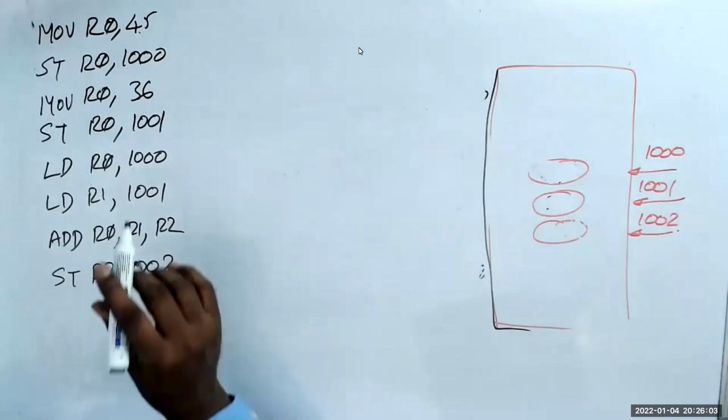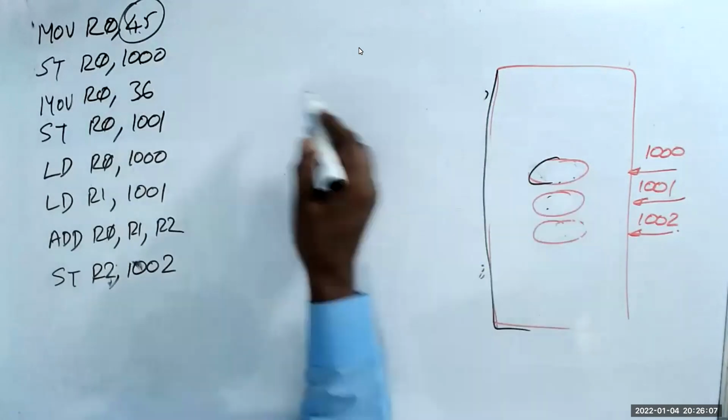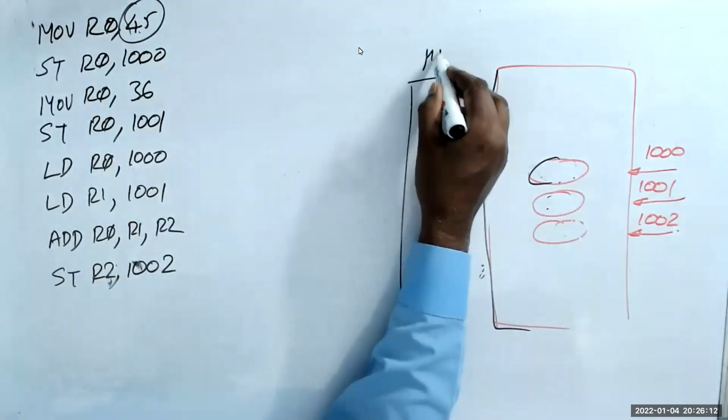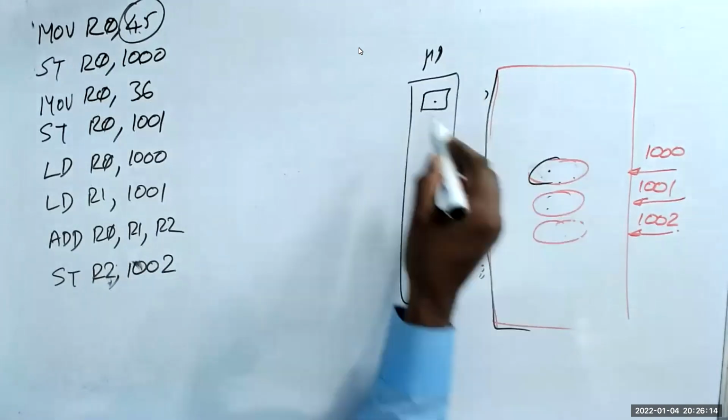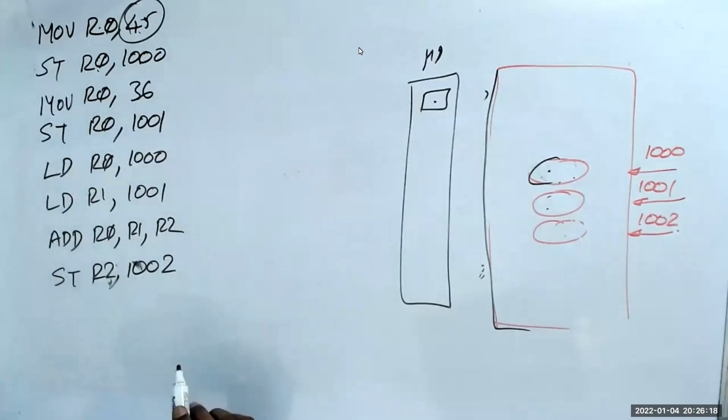I wanted to store the number 45 at 1000. I told you I cannot store. The microprocessor can move only from register to memory. That's why I have moved it to a register, then I'm moving it. Now I refer to the instruction table. Okay. In the instruction table,